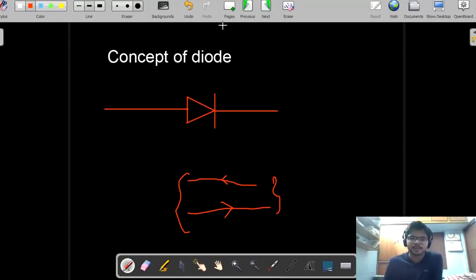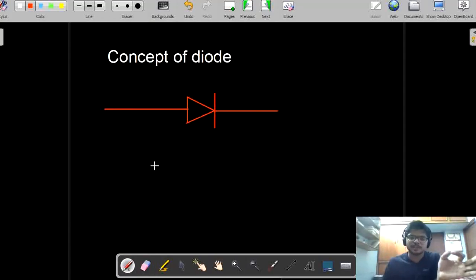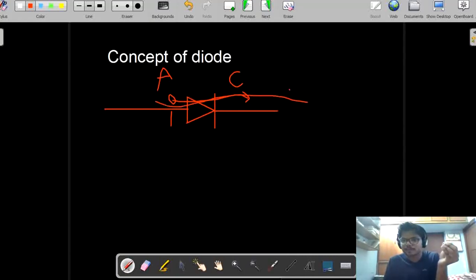Now I will explain the concept of diodes. Listen carefully, because this concept is completely depending upon the remaining topic. Suppose this is an anode, this is a cathode. Assume the diode as some gun with a piston, and there will be bullets here. When the piston fires, the bullet will go to the front. In the same manner, if the anode capacity is high compared to the cathode, current will flow from anode to cathode. This is the possibility.